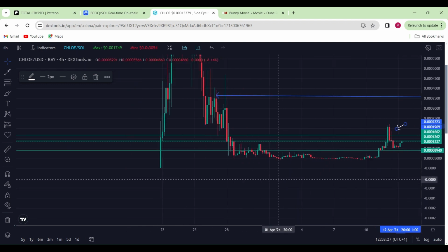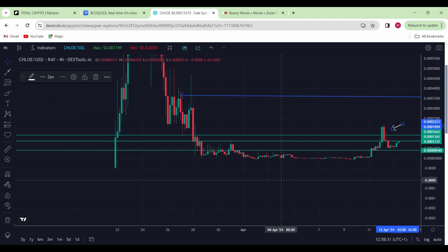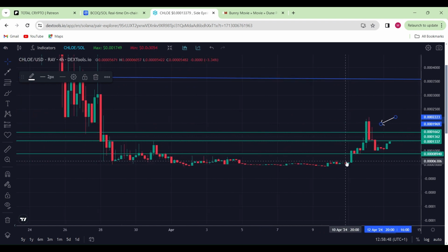Now on a larger time frame, because we were just on an hourly chart, we're now on a 4-hour chart. And guys, this is quite an insane move because we were going sideways for the longest. We finally pumped, we came back down, we haven't capitulated back down into this level. So that's one good news. Secondly, whereas the rest of the market is going down, it looks like Chloe is still continuing to push to